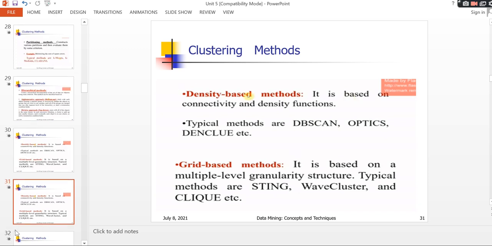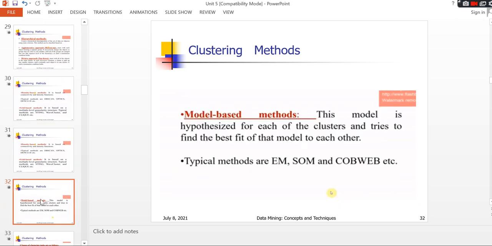Next, the model based method. The model based method means a model is hypothesized for each of the clusters, and it tries to find the best fit of the data to that model. The question is which model a particular object is suitable for.